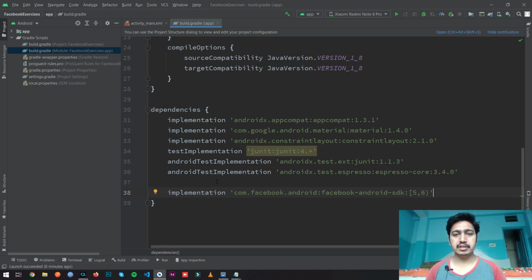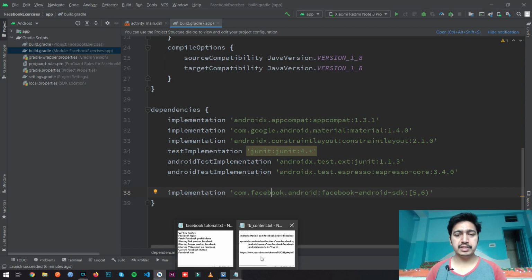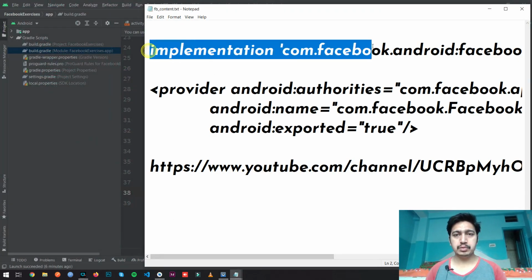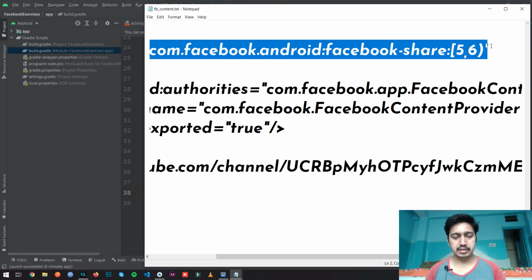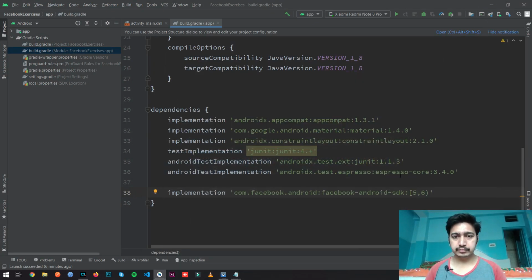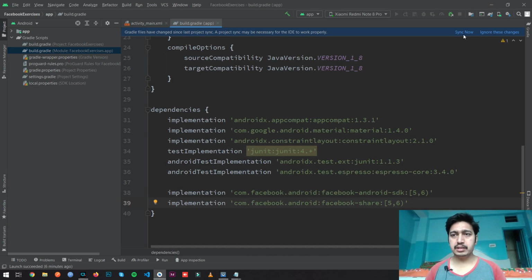I have already created some videos on it. You can watch there how you can integrate Facebook. Let me show you how you can implement the sharing part. So you need to use this library first. Press Control V, click on Sync Now, then